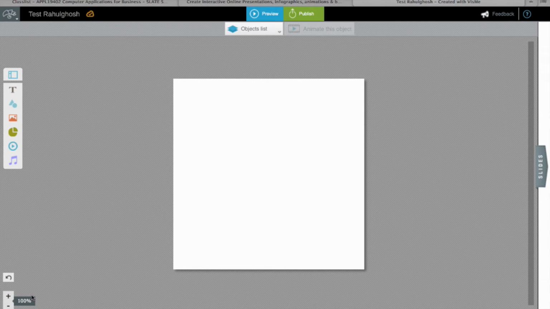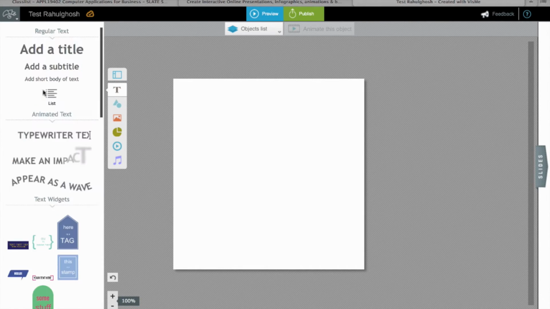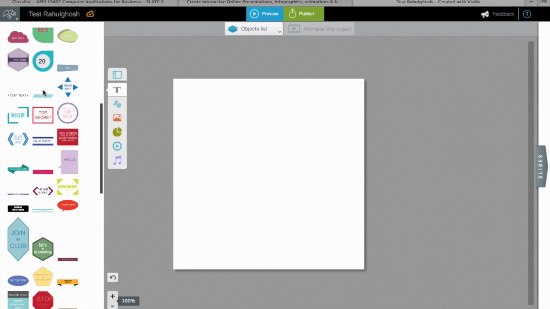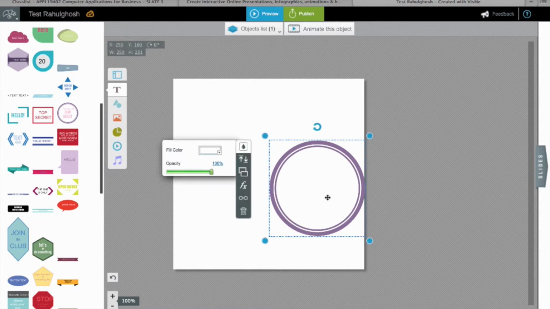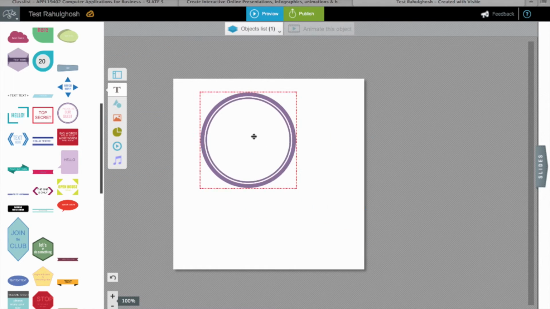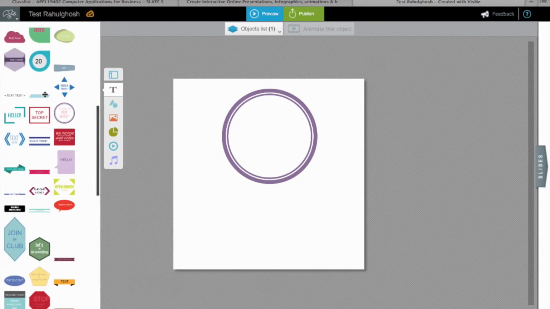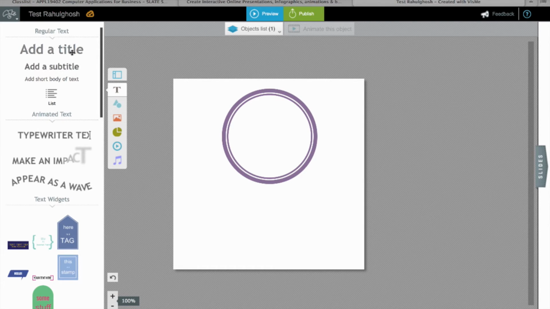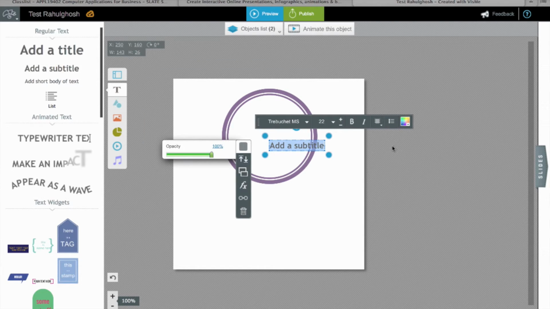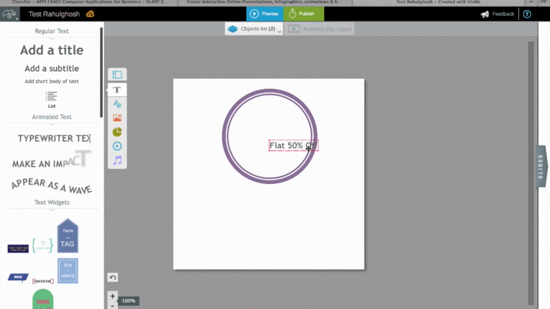So this is the Visme editor, and I'm editing a 500 pixel by 500 pixel banner, and on the left you can see you can add text, and they have lots of custom text and custom text boxes and stuff like that, which is really helpful. So I'm just going to grab this one, and let me put it out here, and let me add some other text into it, so that you can at least get a feel of what Visme is all about. And as you can see, I'm quickly creating a very good looking banner, I must say,